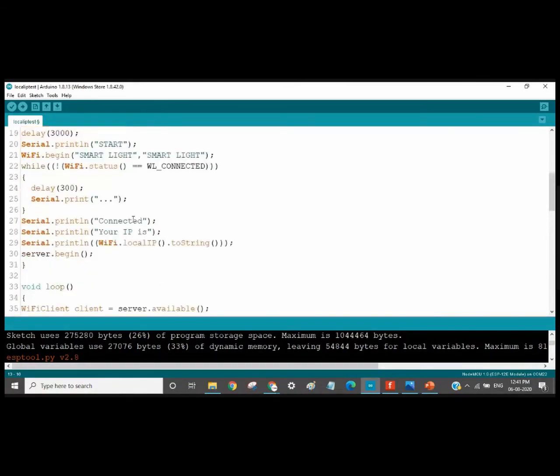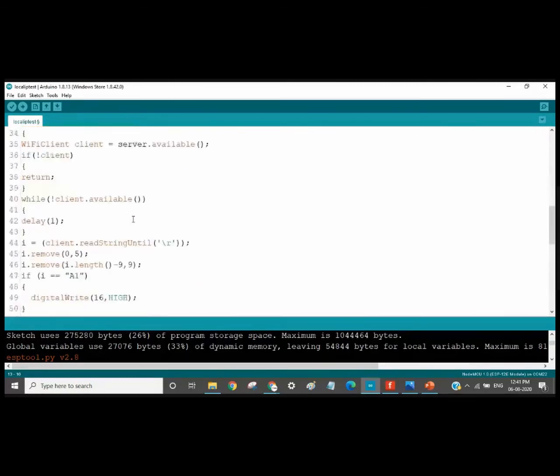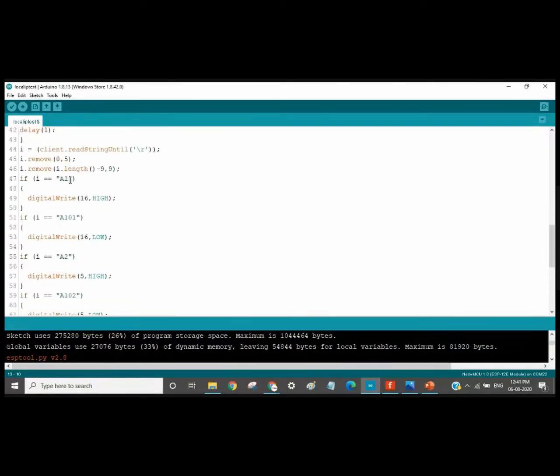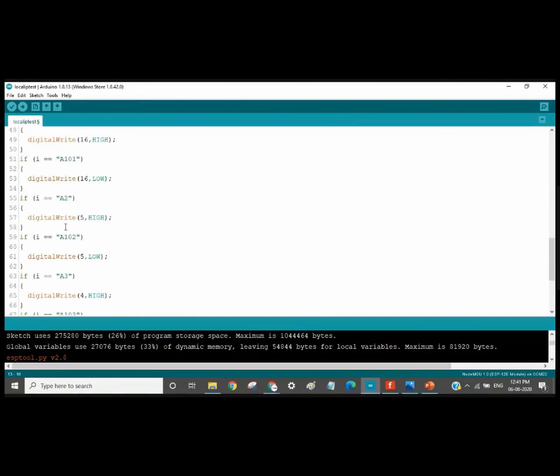Another change we have done here: when it was A1, it was low. There low was on, now high is on, hence we have changed it to high. So A1 will be high, A101 will be low, A2 will be high, A102 will be low, and I have added 2 more devices, hence we are adding this part.